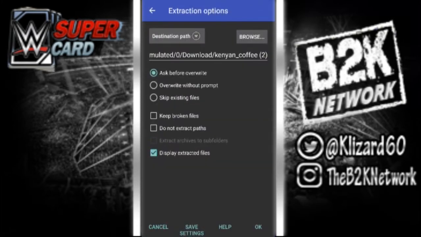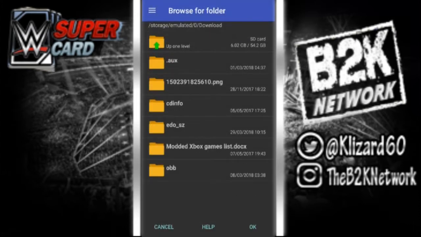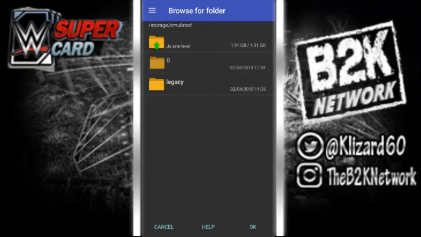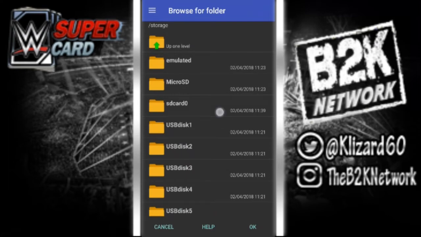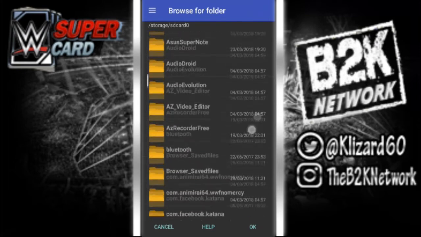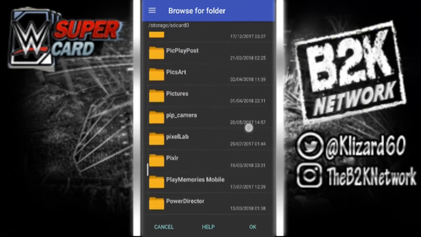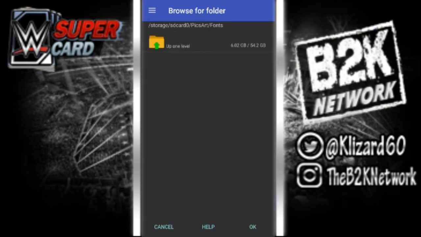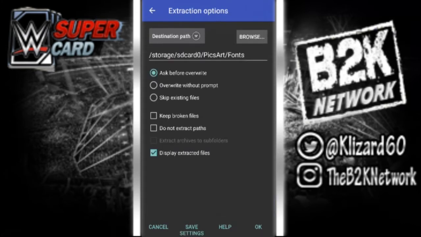Now we'll come up to this. Now obviously the file that you're going to use may probably be a zip folder, so you have to go inside the zip folder first. And then you choose the destination path, which you choose browse if you've not done it before, I guess. I've saved this to Pixar, but you go in SD card, then go down to Pixar, which is down here, and the bottom folder should be fonts. Then press OK, and then OK again,